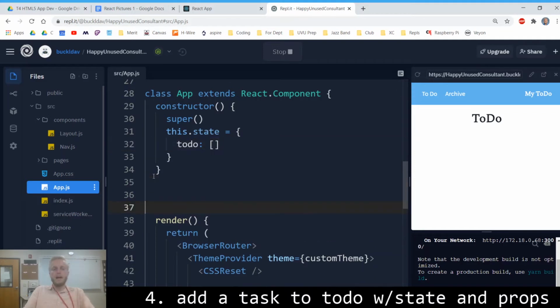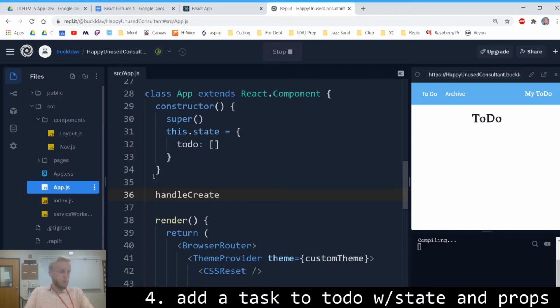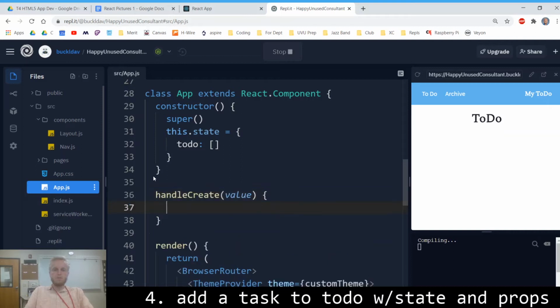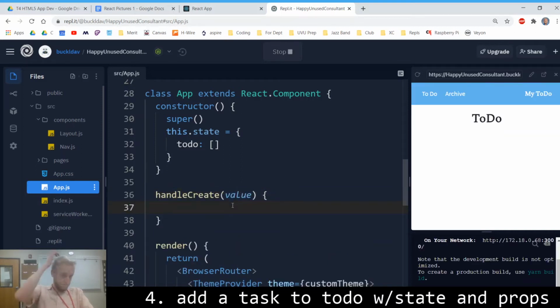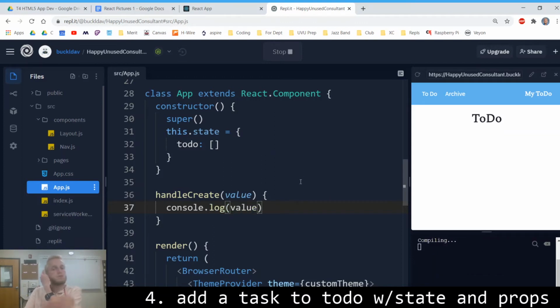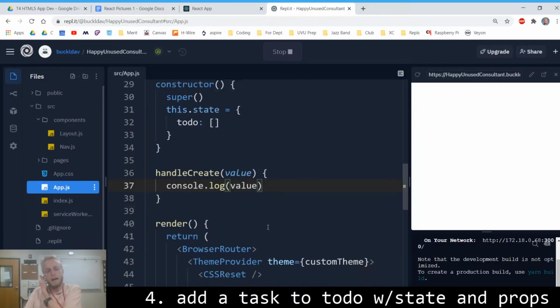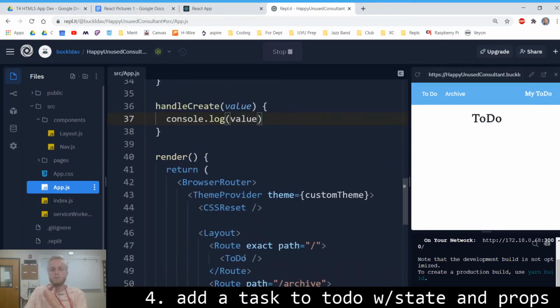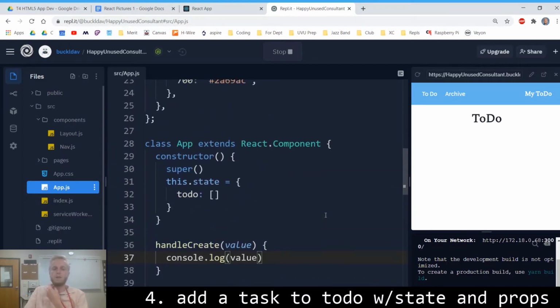The other thing we have to add is a handle create function. So this is when we create a to-do thing, we're going to pass it in this function as a value. And then for now, we'll just have the console print out what that value is, just for testing purposes. Later, we'll actually add it to our to-do component. Okay,